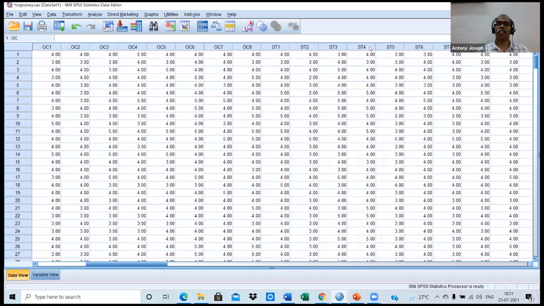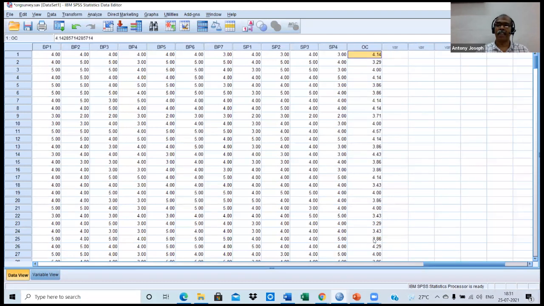See, OC is the new variable created. This new variable is computed by taking the average of 7 different statements which are found to be reliable for the abilities. Okay. I hope you have studied how to create a variable using transform.